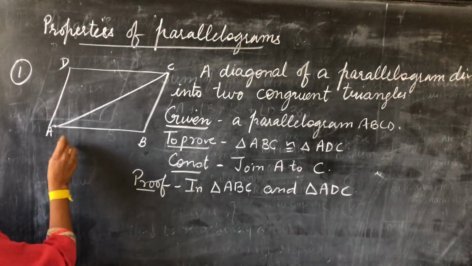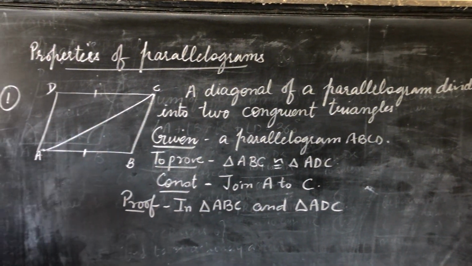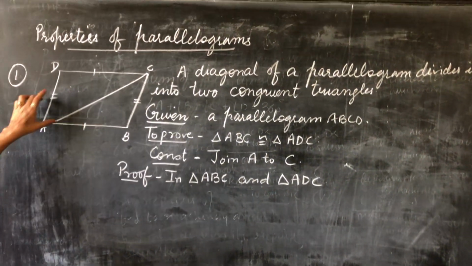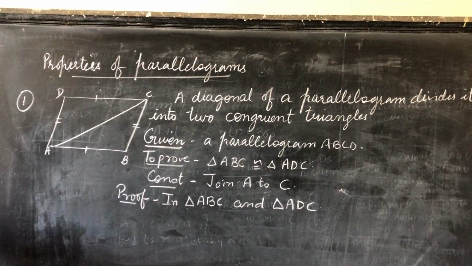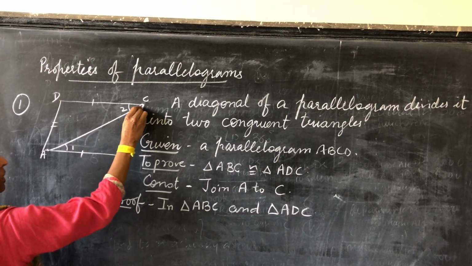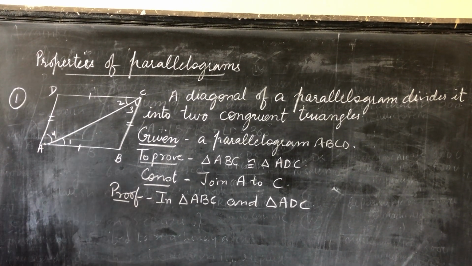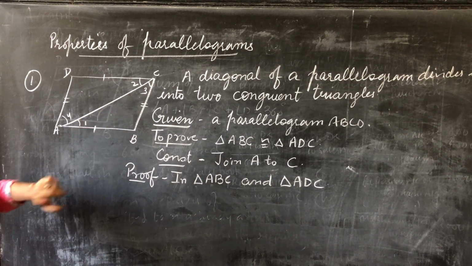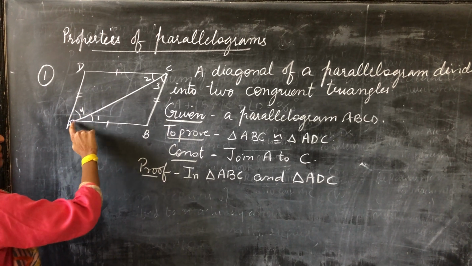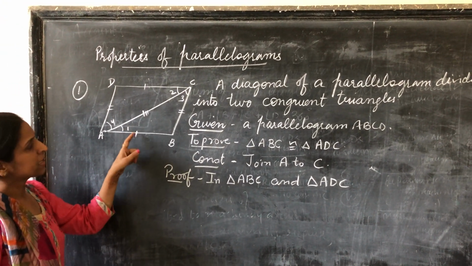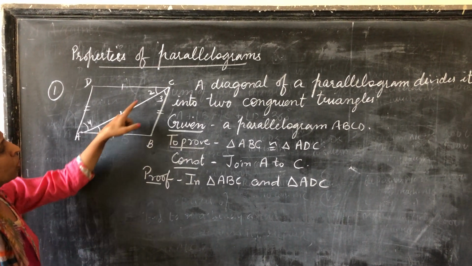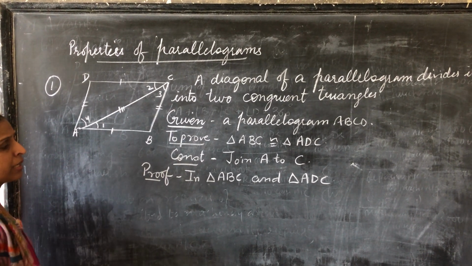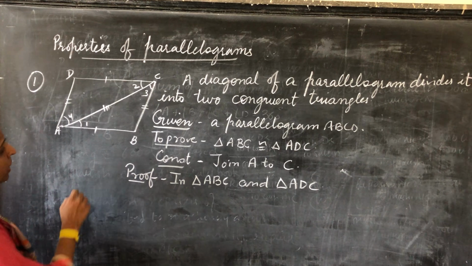So we have AB and DC. They are opposite sides. Let us review the properties of a parallelogram. Opposite sides are equal, opposite angles are equal, as well as we can say alternate angles are equal. I can prove it by two or three types of congruence. Either I take these sides equal and this is common, then by SSS the triangles are congruent, or two alternate angles and one common side, then by ASA the triangles are congruent. Any one condition we can apply. So I am taking ASA.